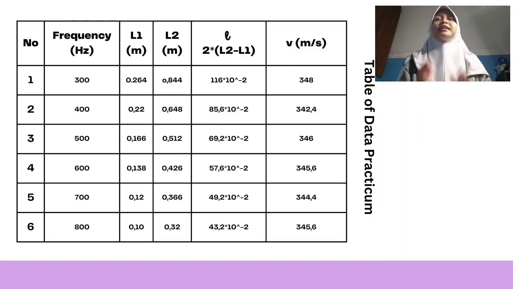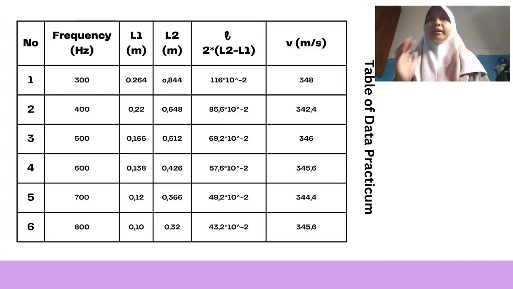At a frequency of 400 Hz, the distances are 0.22 and 0.648. The wavelength is 0.0856 and the velocity is 342.4 meters per second. At a frequency of 500 Hz, the distances are